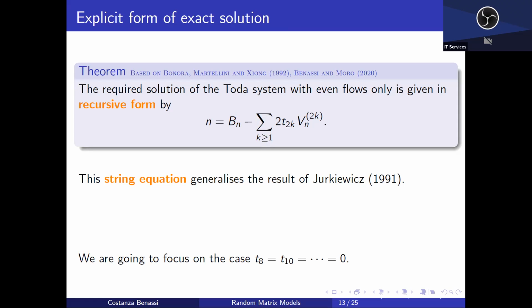To actually take a look explicitly at this solution, from now on, I'm going to keep only the times T2, T4, and T6. And I'm calling them times or coupling constants independently at this point. We'll know that it's the same stuff. And I'm going to put all other times to 0. Okay, so I can actually take a closer look at this solution.